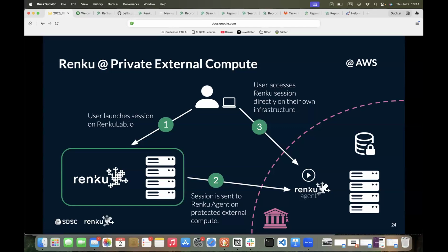So from the user's perspective, the same user gets exactly the same project setup as they would otherwise. They have an additional resource pool to choose from. In this case, it may come from AWS or it may come from Switch or Exascale or whatever. They choose that resource pool, and when they click launch, the session is actually instantiated on the